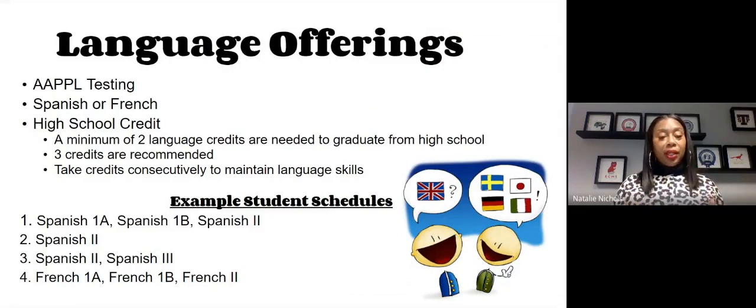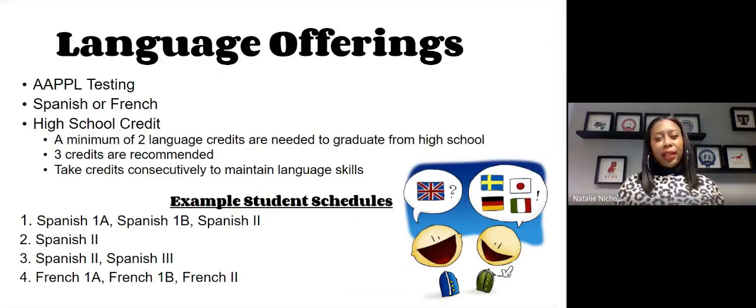Another thing to know is that in order to graduate from high school, you need 2 years of a language, which means you need to have completed Spanish 1, which means 1A and 1B, the whole year of Spanish. Or if it's French 1, same thing, 1A and 1B, and Spanish 2 or French 2.